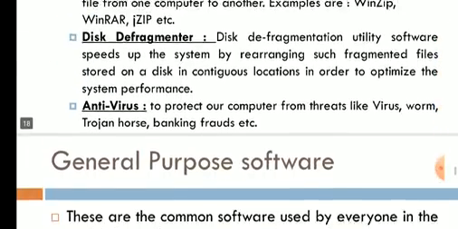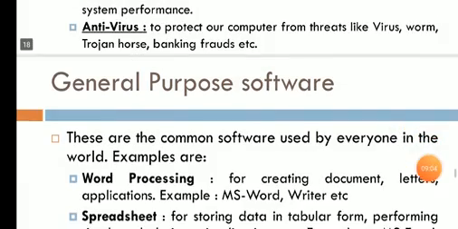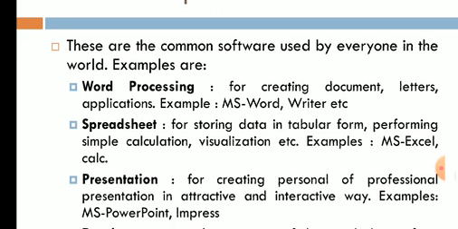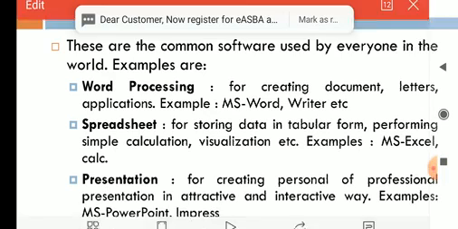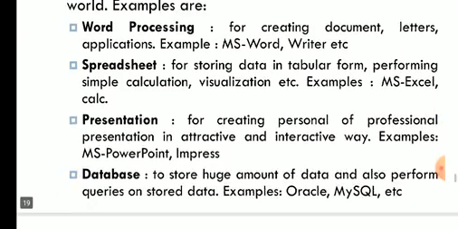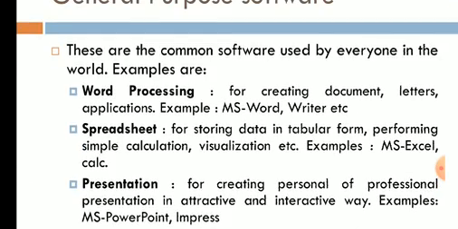Now we'll move on to the next thing, that is general purpose software. In case of general purpose software, everyone knows a software which will be used for general purpose, in the sense anyone can use that software by installing it in their electronic gadgets. Then it will be called general purpose software. The best example of general purpose software is MS Office. Whomever wants can install it in their computer and use it. Inside that MS Office package, we have a lot of sub packages like word processing, spreadsheet, presentation, database, all those things available inside this MS Office. So all those things will be called as